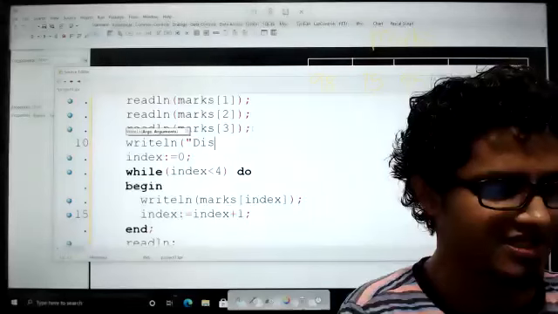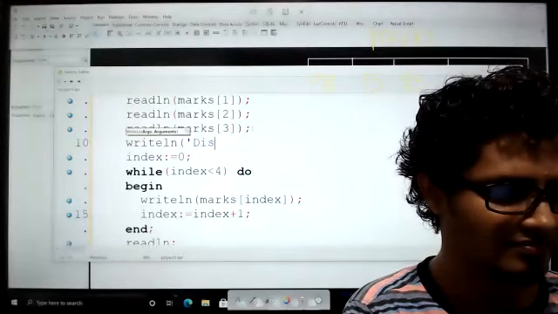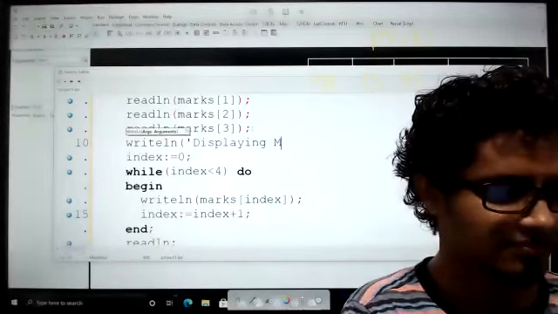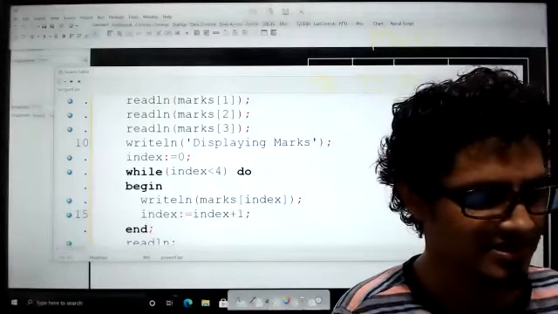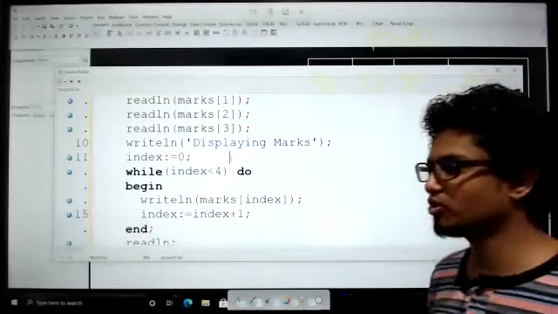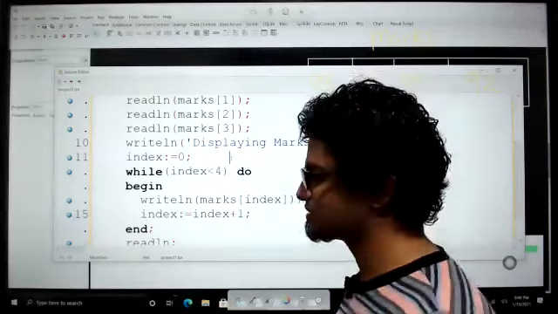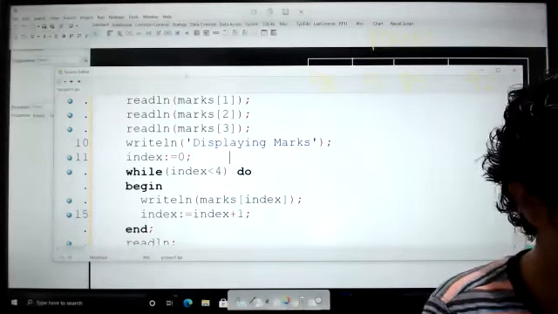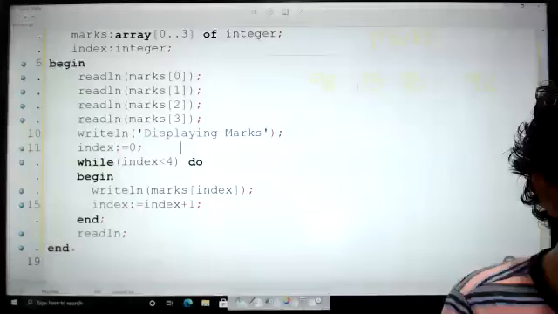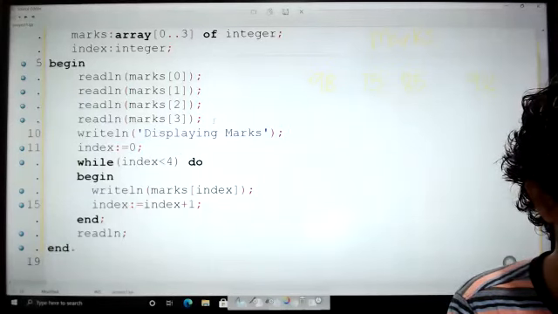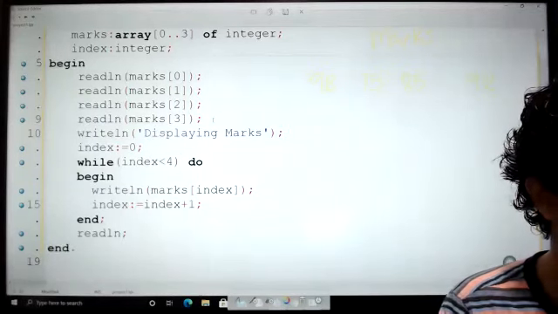Let's say displaying marks, and then going to display the marks, so that before displaying the marks, it will show displaying the marks, right? Okay, so let's write this down, kids. This is our second step, the second improvement for our code. We will be having further improvements.